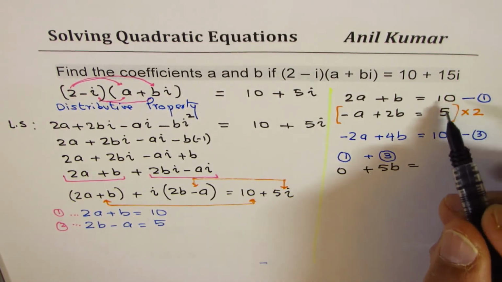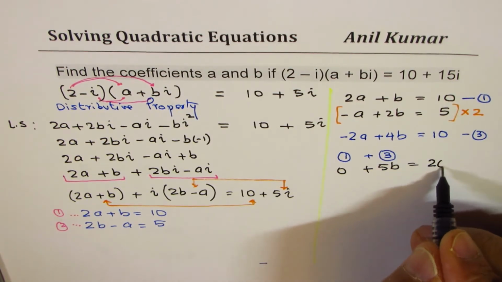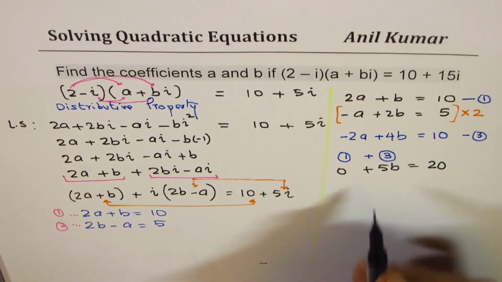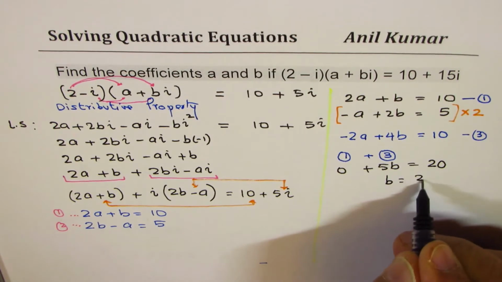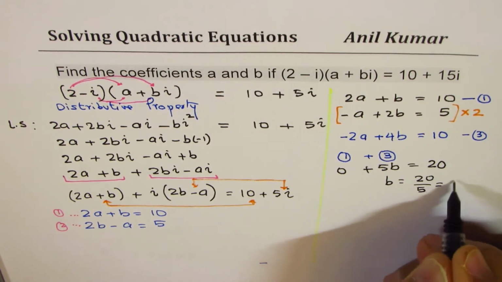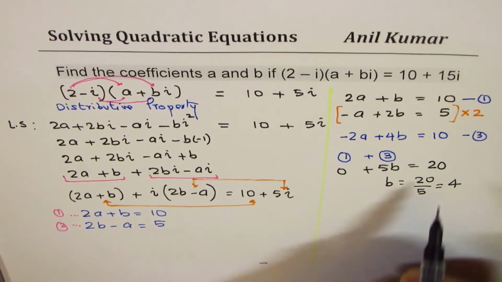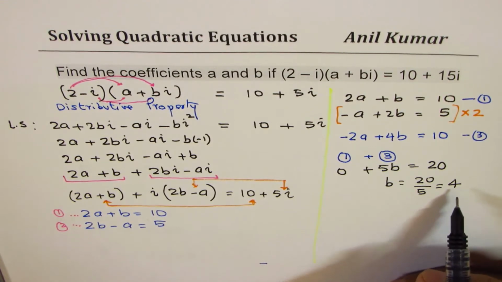And 10 plus 10 is 20. So we get b equals 20 over 5, which is 4. Since you know what b is, now you can use